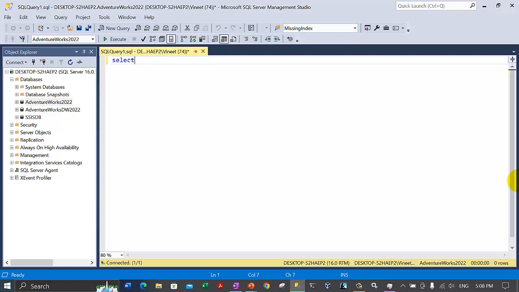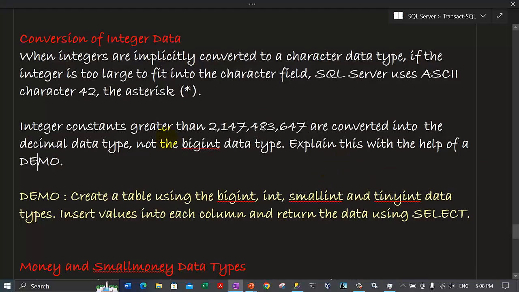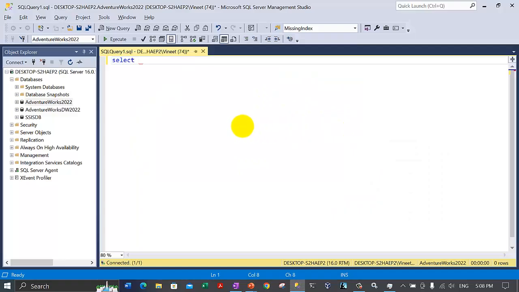Now let me take an example. We were talking about this. If we are trying to convert the numbers that are greater than this, let's take this, copy out this number. So let me take this number exactly. Don't use commas over here. Take the number as is. So if we try to convert this number, which is the biggest range for the integer data type, and we divide it by 2, and let's take it as result 1 as the column header,